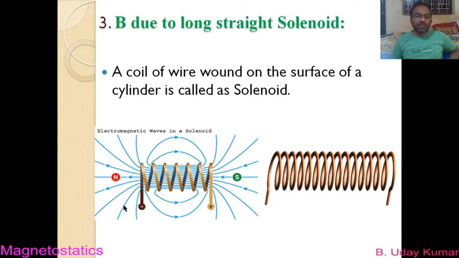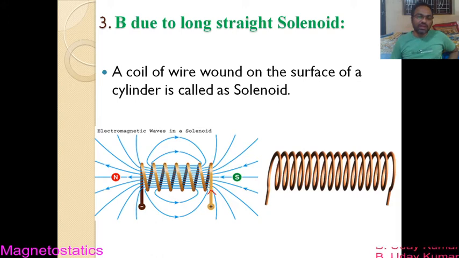So for example, if you consider this diagram, it's a solenoid. You just check it out. So plus is mentioned here, minus is mentioned here. That means you can connect a battery across this solenoid with the help of this plus and minus terminals. If you connect a battery, the current enters the solenoid like this. So that you have to understand here. So once the current enters it, now what happens?